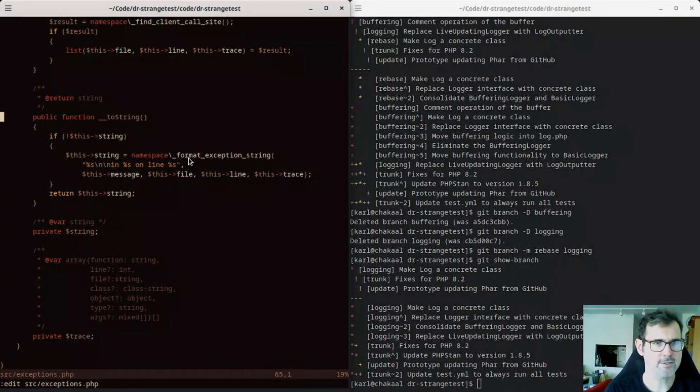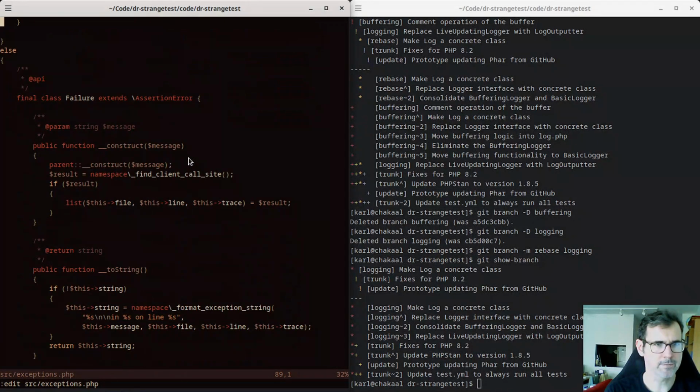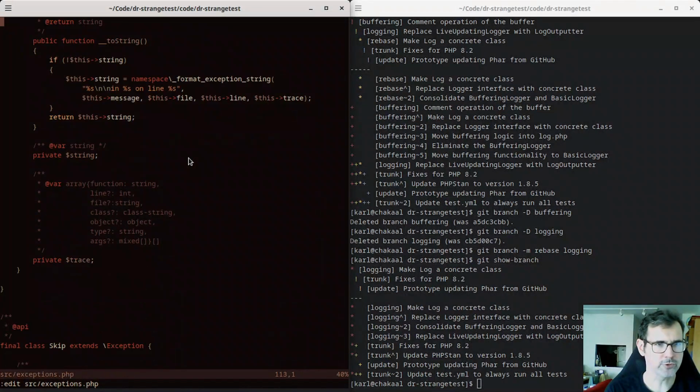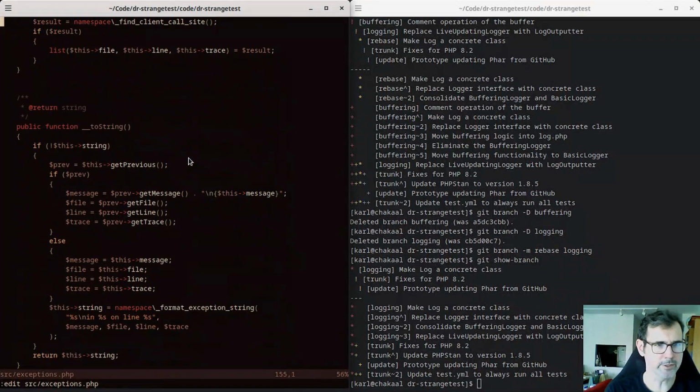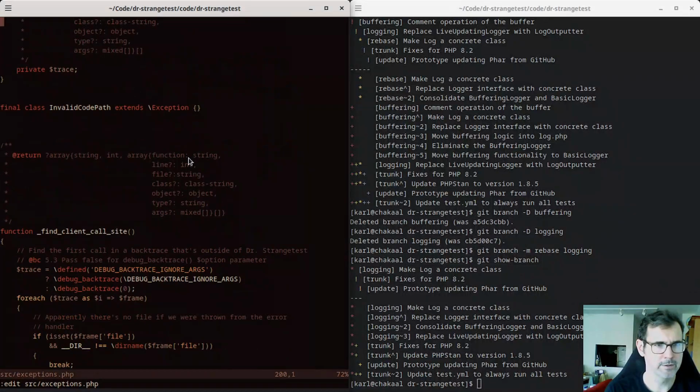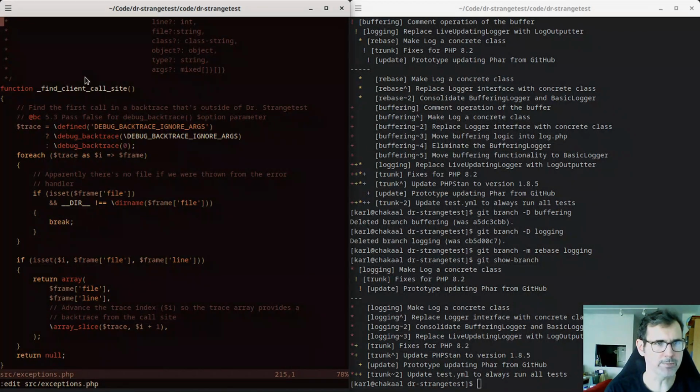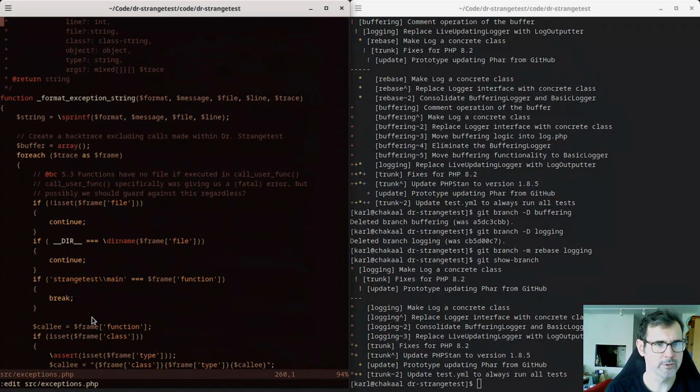I mentioned this yesterday. I have some logic in here that controls how these get formatted when they're cast to a string. And what I really want to do is pull this formatting out